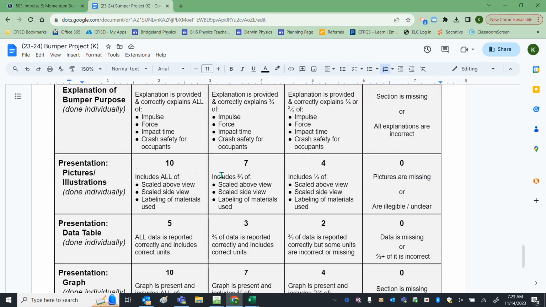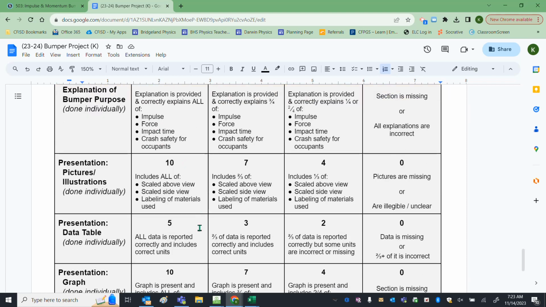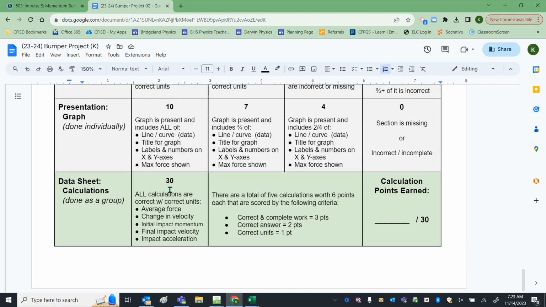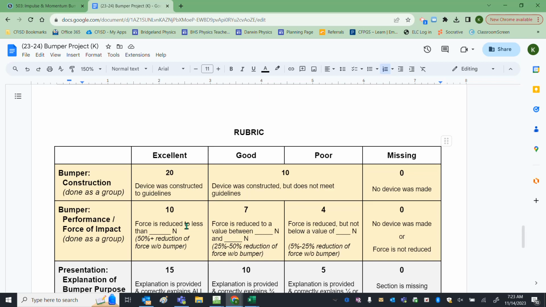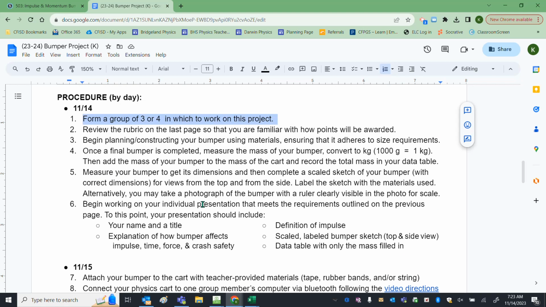The poster that you have to make individually is worth a total of 40 points. And then your data sheet or your calculations is worth 30 points. Of course, that totals to 100. But 40 points of it is you by yourself, so make sure that you do your part. If not, you will get a failing grade. If you don't turn it in, the highest grade you can get is a 60 based on the work of your group. But for today, begin planning and constructing your bumper using the materials,